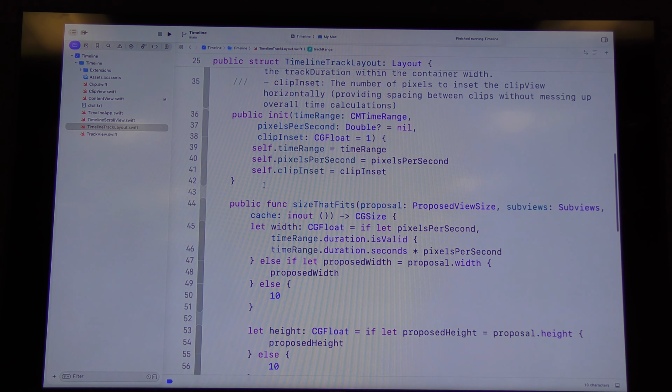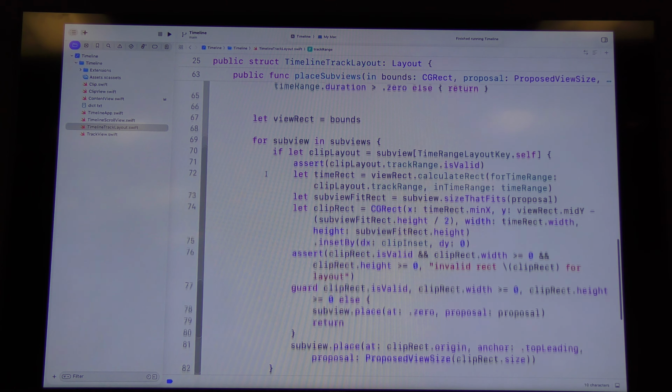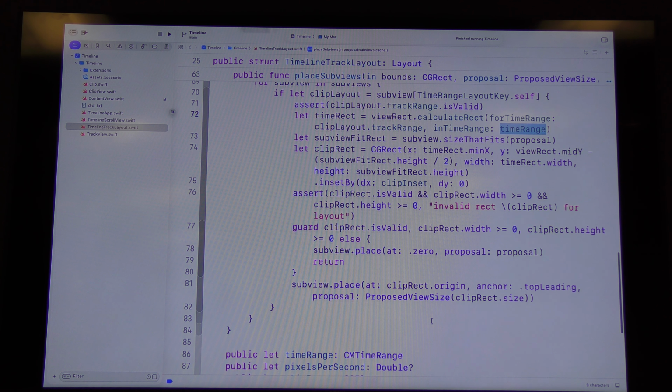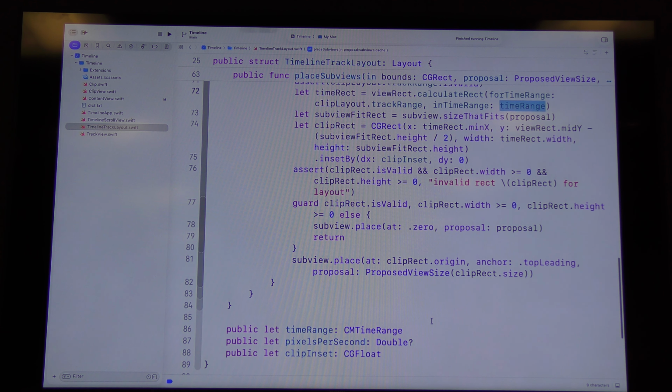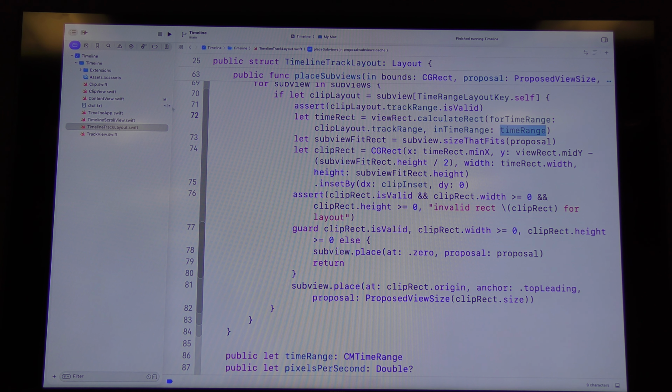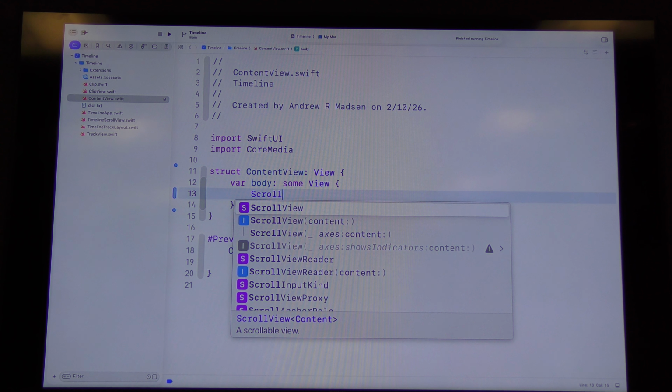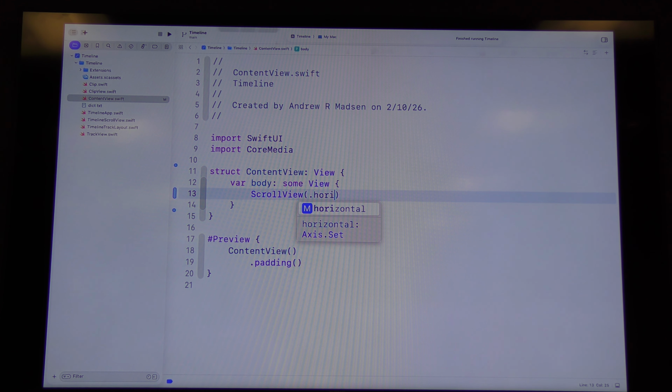And then it basically lays those out. So it figures out what the right rectangle should be for a given time range in the overall time range of the whole timeline, which is just like the entire project, and places them there. I'm not going to go through this too much, but I just want to show that we're using this custom layout. It's fairly straightforward. So what we're going to do is start with a horizontal scroll view,